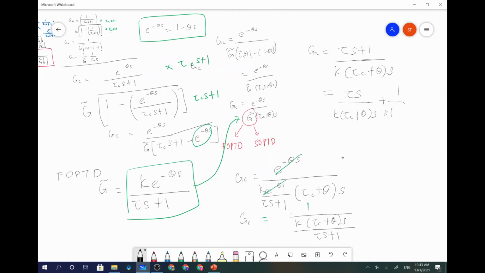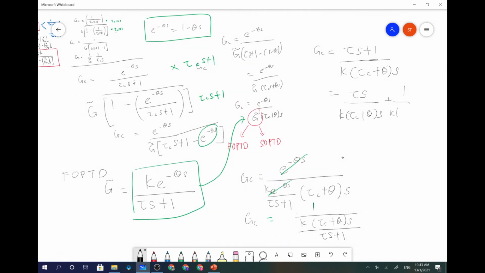Tau C plus theta S. Okay, simplified, cancel this one, so it will be tau over K,